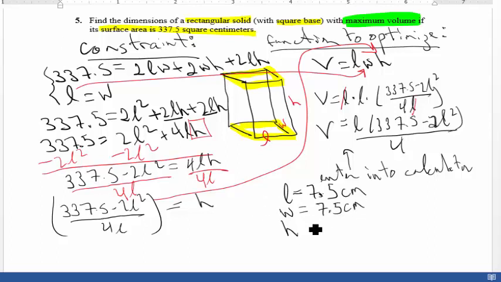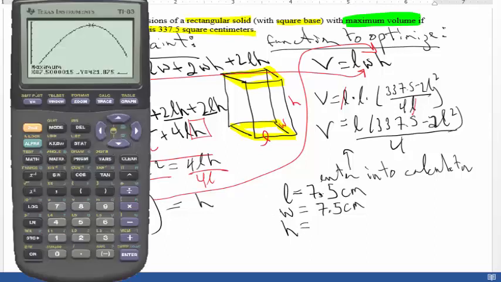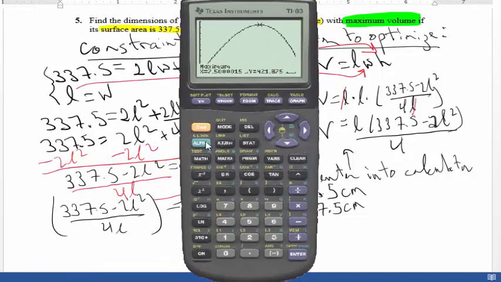And now the height was just this expression here, 337.5 minus 2L squared over 4L. So we can get the height then by just doing 337.5 minus 2 times 7.5 squared, and divide this by 4 times 7.5, right? In parentheses, 4 times 7.5. And we get